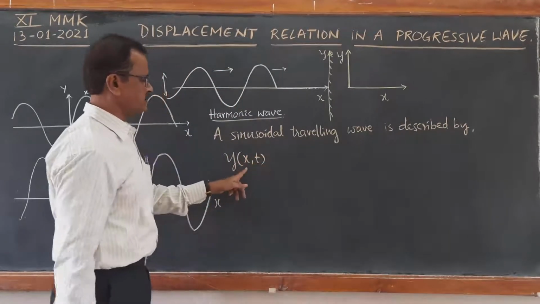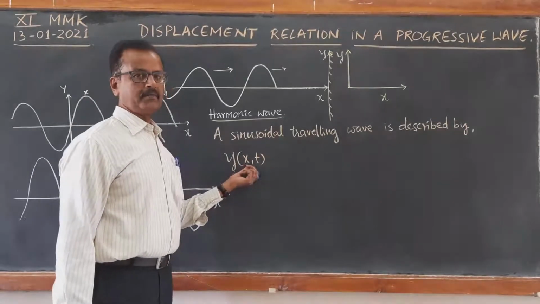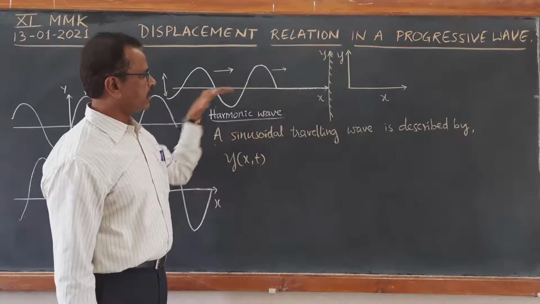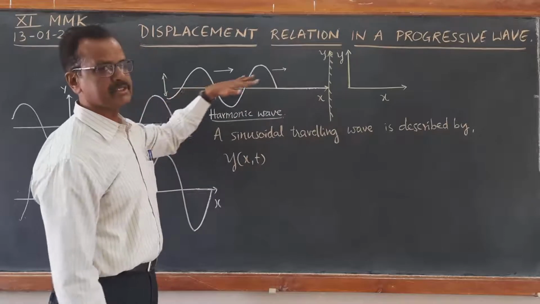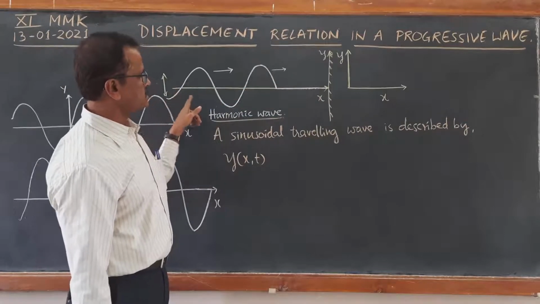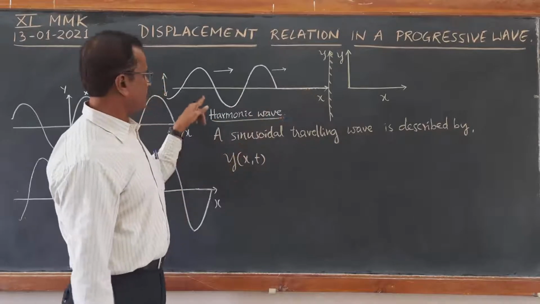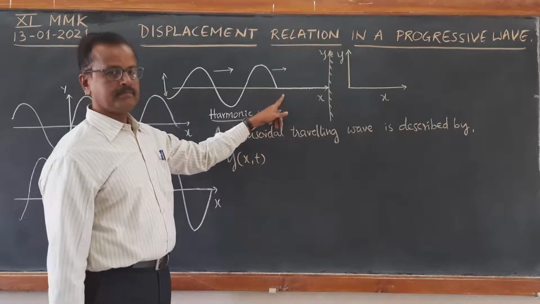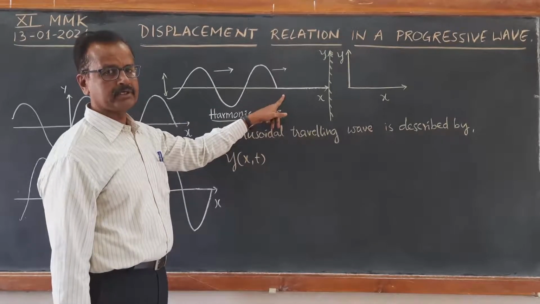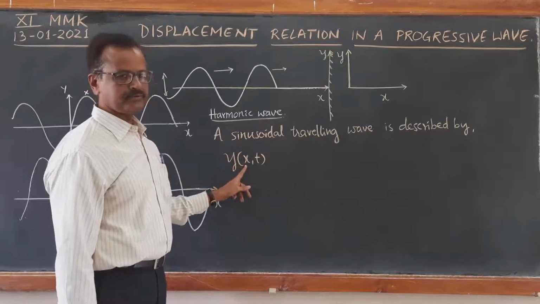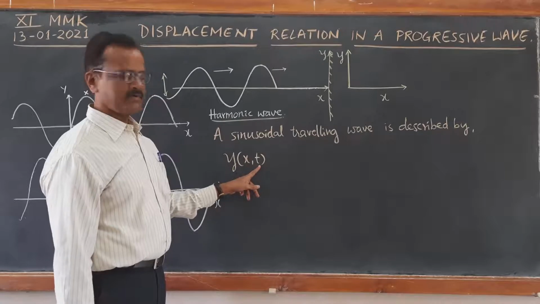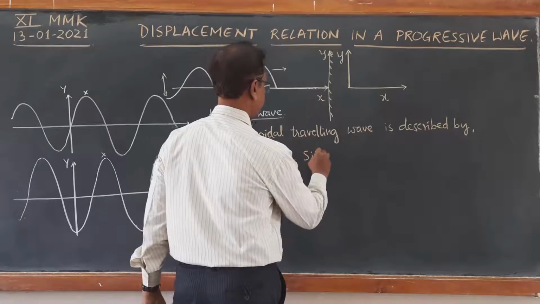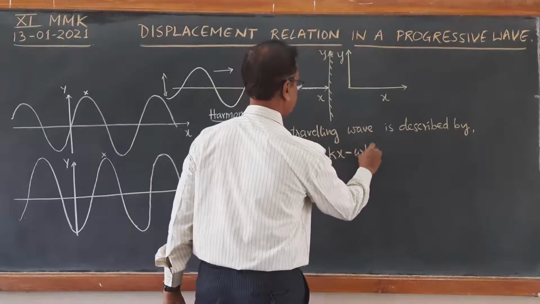As I told you, it is a function of the distance variable or position variable x. We are taking the constituents of the medium to be along the x-axis. In this example, I have taken a stretched string, right? Let the stretched string be along the x-axis. So particles of the string will have oscillations at different positions. They will have different oscillations at different positions. So it is a function of the position as well as a function of time t. It is given by a sin(kx minus omega t plus phi).